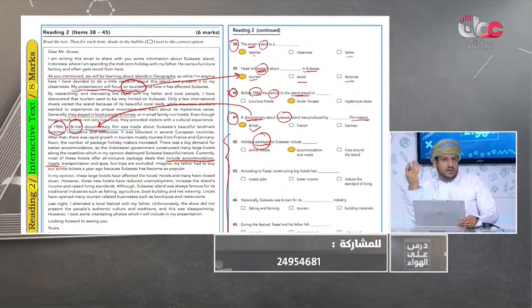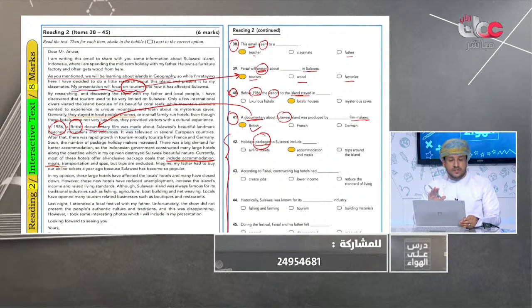But some students might say, oh, this is very difficult because the text is very long. Don't worry if it is long. Don't panic. Don't be nervous. Try to focus. Try to read the question. Try to understand what is required. Underline the keywords in each question. Look for the answer in the text related to that keyword. All right? So that's all I have to say about how to deal with reading.